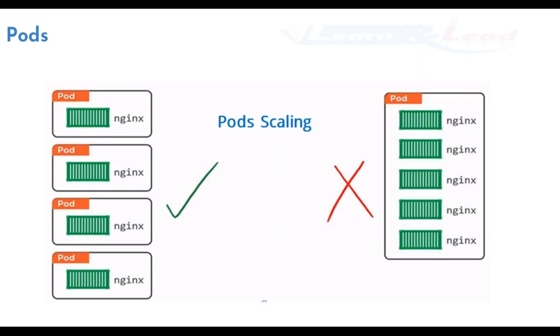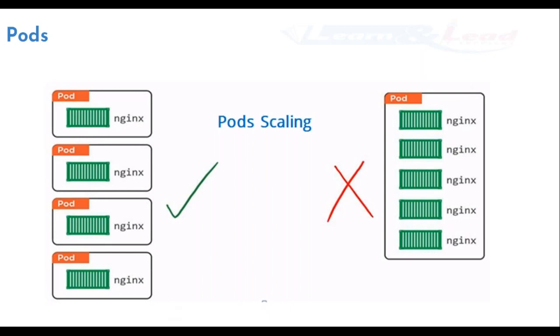You can run them, but this is not the right way of scaling your applications in a Kubernetes cluster, especially because Kubernetes can scale the pods but not the containers inside a pod. So in a better world, we always go for n number of pods which run a single container having the same application in it. This is how we need to deploy it. When you think about scaling, think about the same image being deployed as n number of pods.